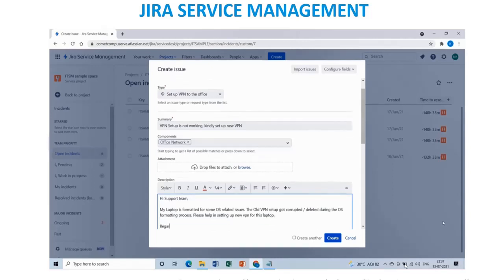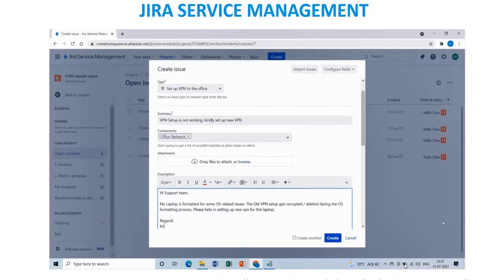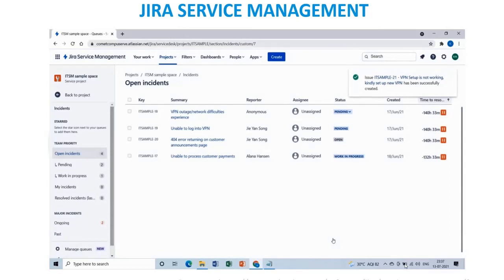Since it is a descriptive one, it takes time. If it is an alert, it will be generated from the system and will have a standard comment. But we have to ensure that we are providing the details properly in the ticket.